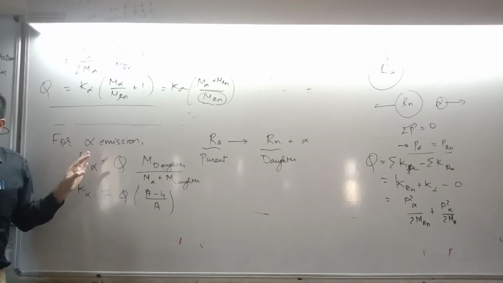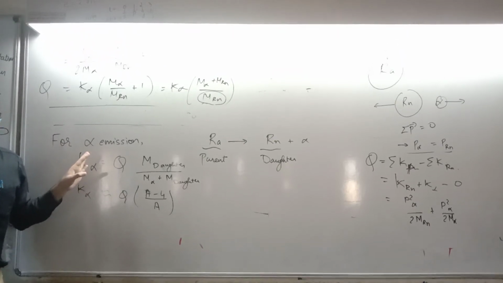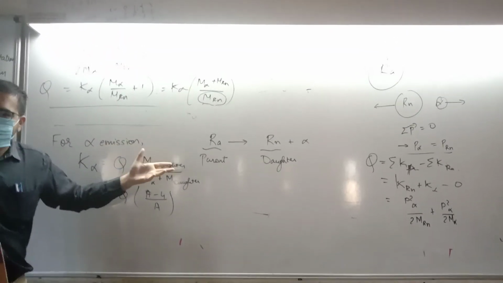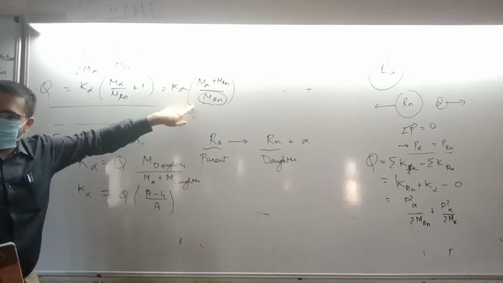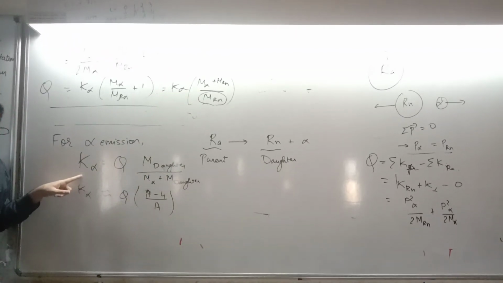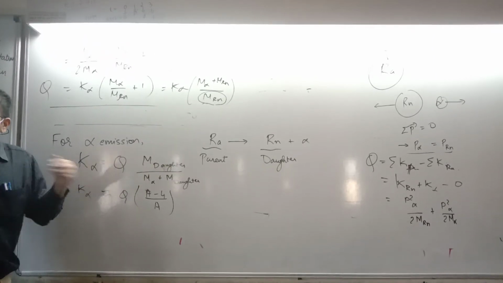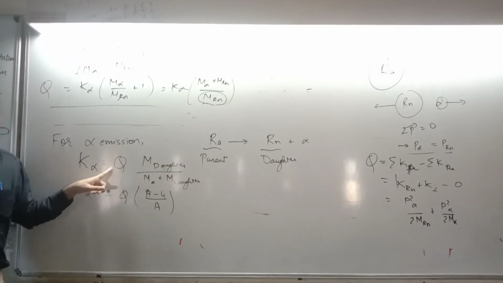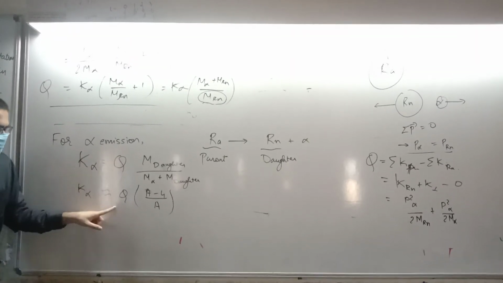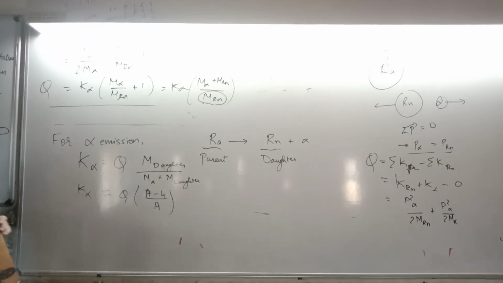It went over your head from above. Right, we have just generalized this equation. This equation is for all sums. You just identify what is daughter, that's it, put its mass, get the answer, done. But yes, you need to find out what is Q, without that nothing. Here is a shortcut, approximate.